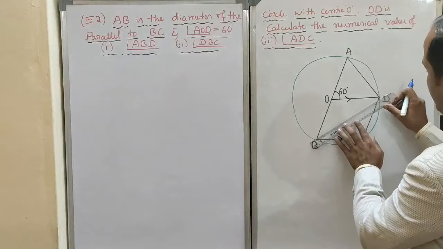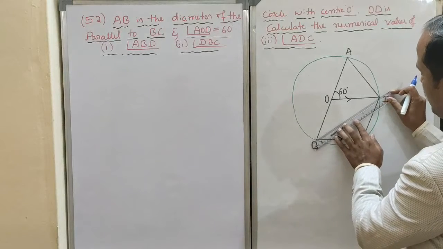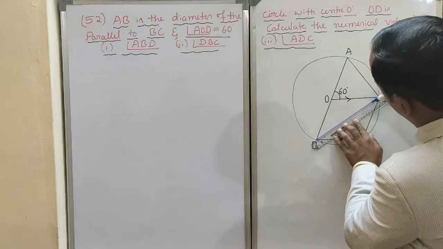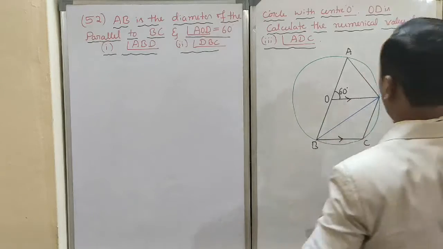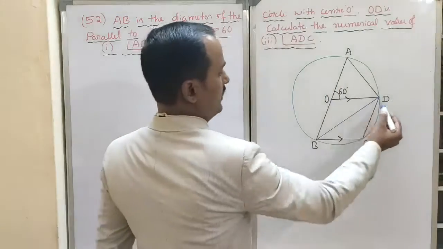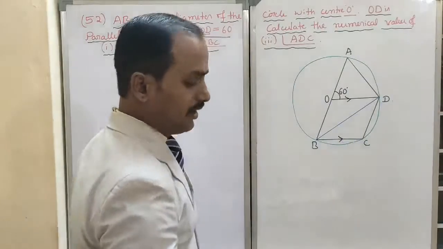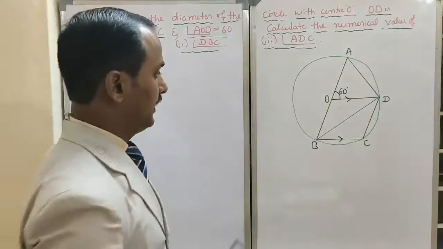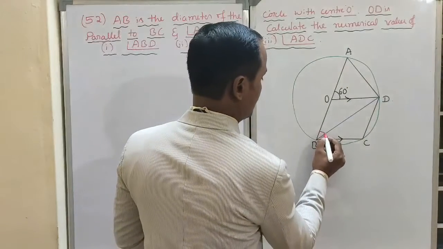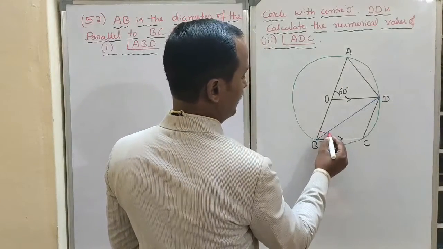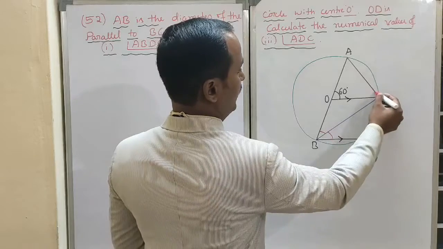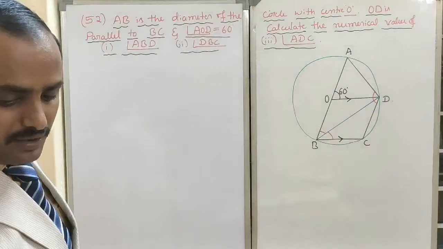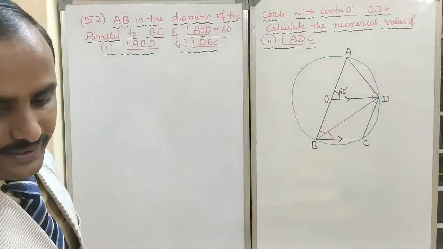I will join BD here, children, by using the ruler. Should use the pencil also. Okay, now look here. See, what is parallel to BC? Now I am going to find the angles. Which one? ABD, children. ABD, this angle, and DBC also this angle, and this complete angle, children. Where I marked with that red marker, that angle I am finding, children.